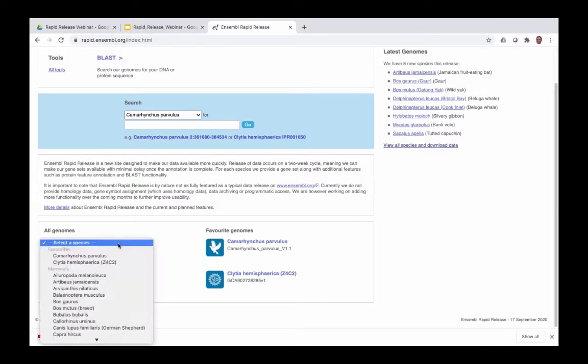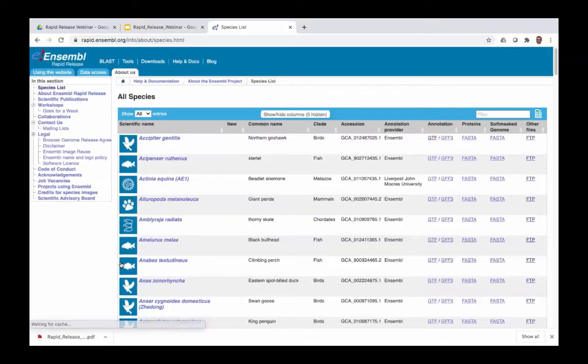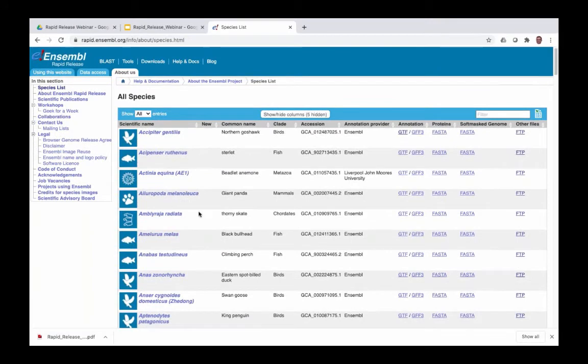So you can use the drop-down list here, but obviously this list is going to be very long. We're planning to include a lot of species in the Ensembl Rapid Release genome browser. So it's actually normally easier to view the table and then begin filtering down and searching. So if you click on the link here, view and download available data for all species, this will take you to a page where you can find a table with all the species. It's large, so to search through it, you can use the filter in the top right-hand corner here to search for your